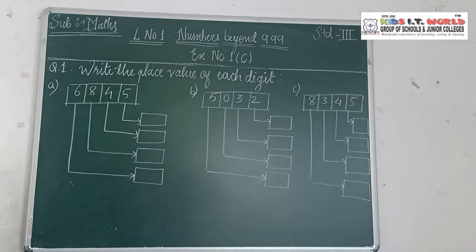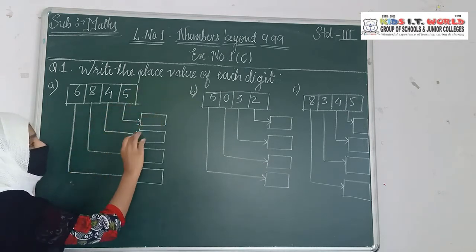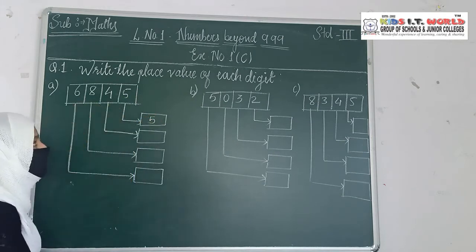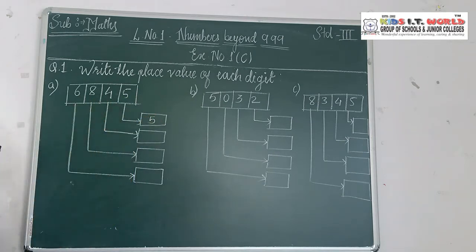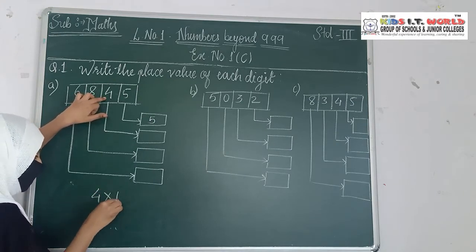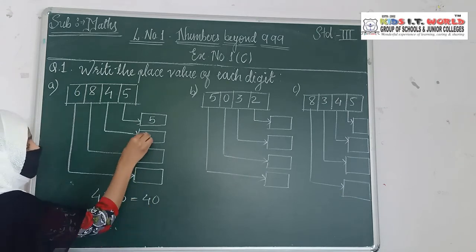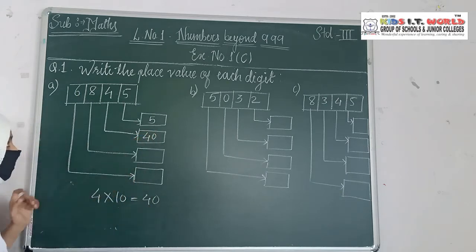Now, in the previous question when we were doing the expanded form of the number, at that time I told you how to write the place value of the number. In the same way you have to write the place value of the number. So we will start from the ones. So here on the ones place it is 5. So 5 will be as it is. On the tens it is 4. Now the place value of the 4 is 10. So we will multiply 4 by the 10. So its value is 40. So write down its value is 40.